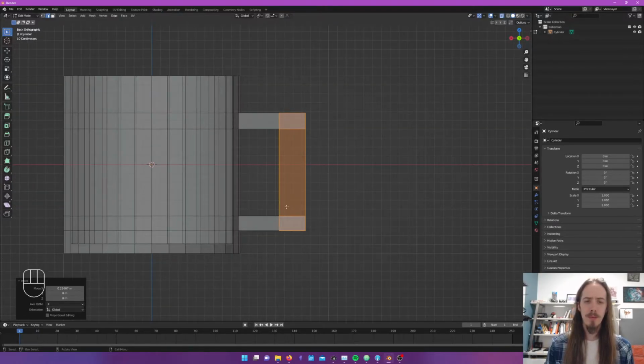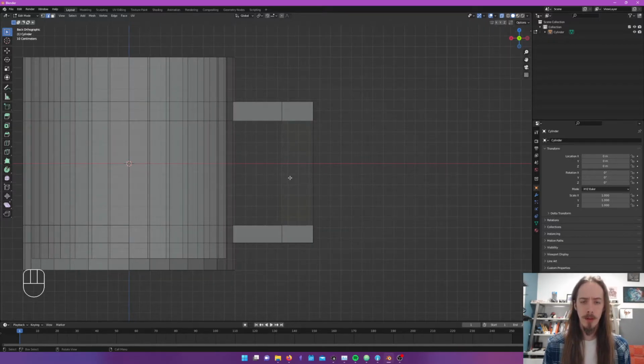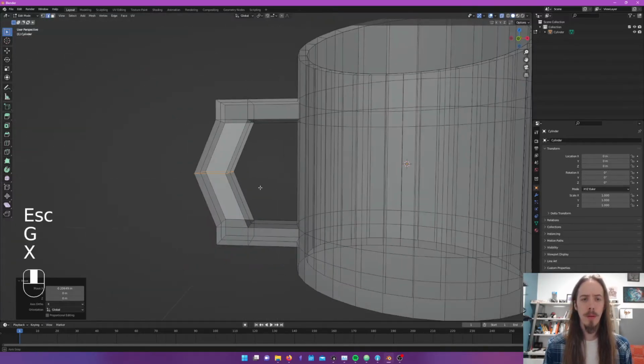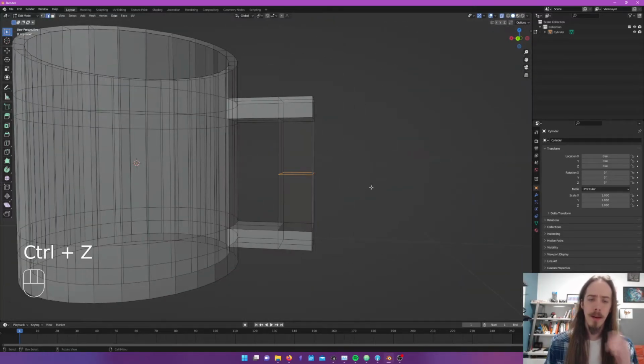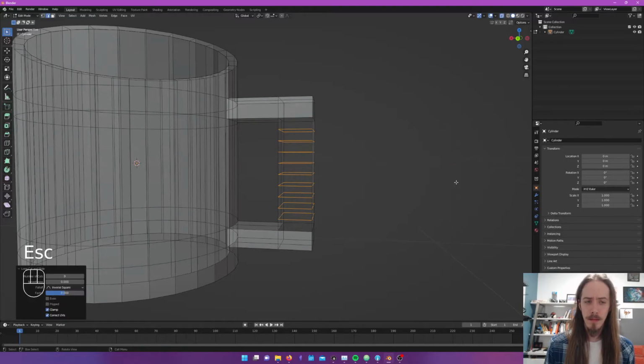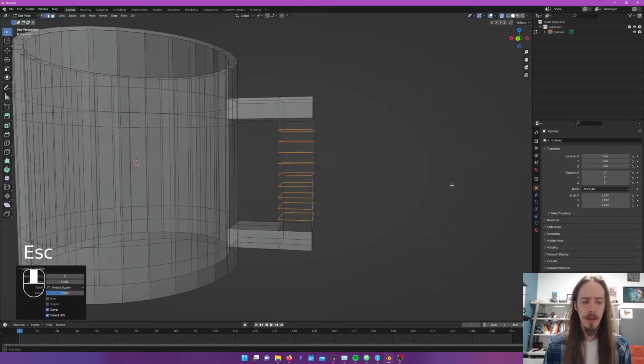Okay, I want to bring this handle. I want to make this handle more curvy. So I need more geometry to work with, right? I can grab an edge loop and pull it out, and that's going to help. So let's just do that. Tap escape to sort of get out of the